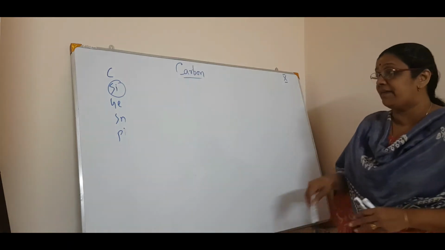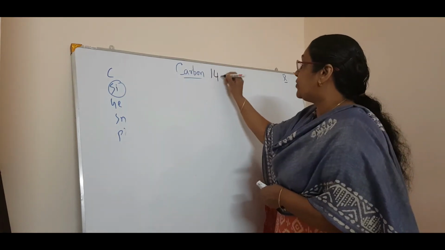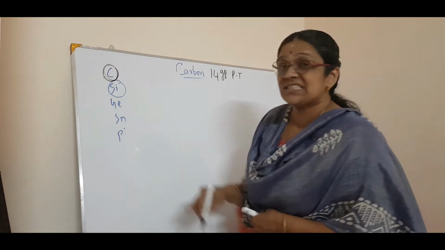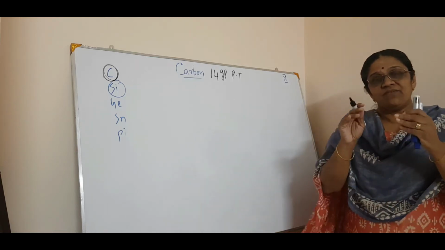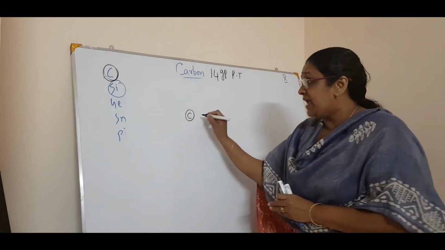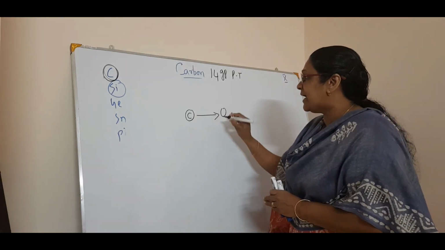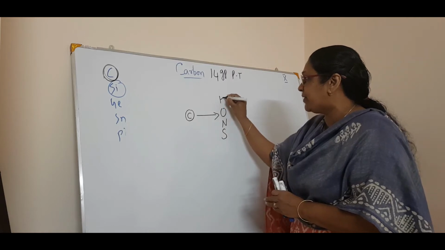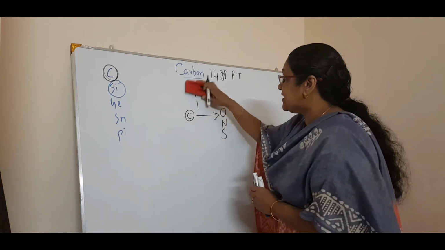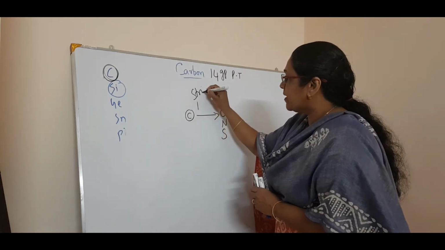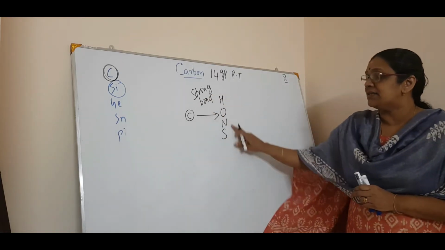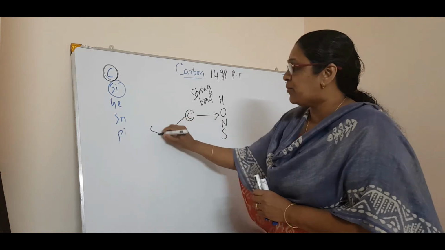Being the first member in that group, carbon is in the 14th group of the periodic table. So, being the first member, it is very, very small. When the carbon is very small, it can make a strong bond with other atoms, like nitrogen, oxygen, sulfur, hydrogen. So that is making a strong bond. I can write just strong bond.